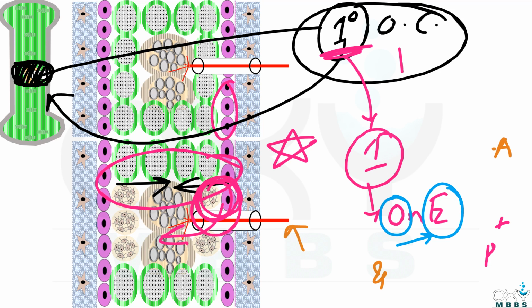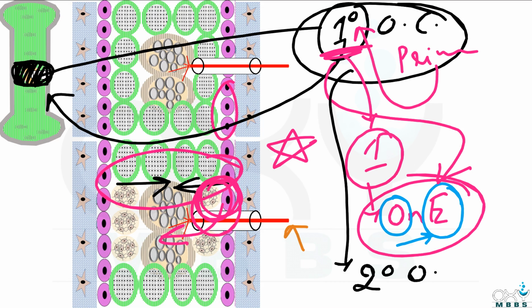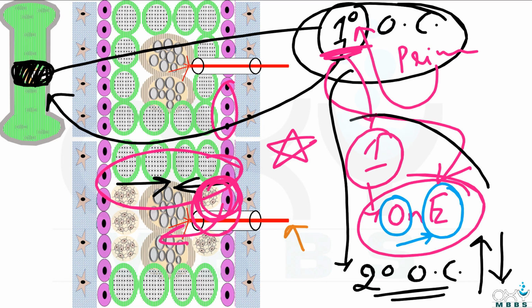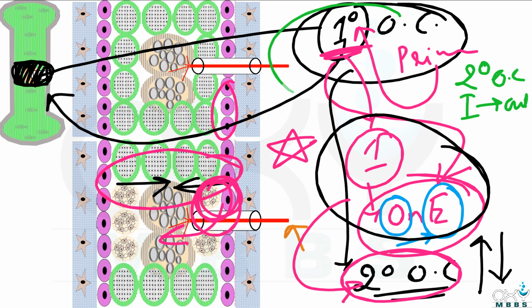So don't write primary like this. Write primary in this numerical value. Then you will reach this word, that is O-N-E, 1. As primary ossification center and secondary ossification center are opposite to each other, if you remember primary, then automatically you will remember secondary ossification center, as a secondary ossification center proceeds from in to out. So this number 1 in the primary will remind you all these things, okay?